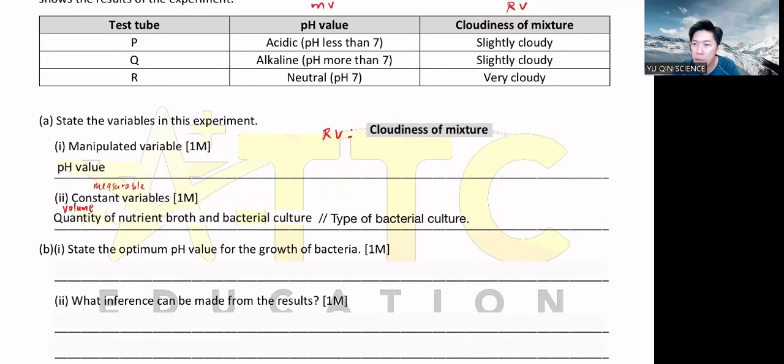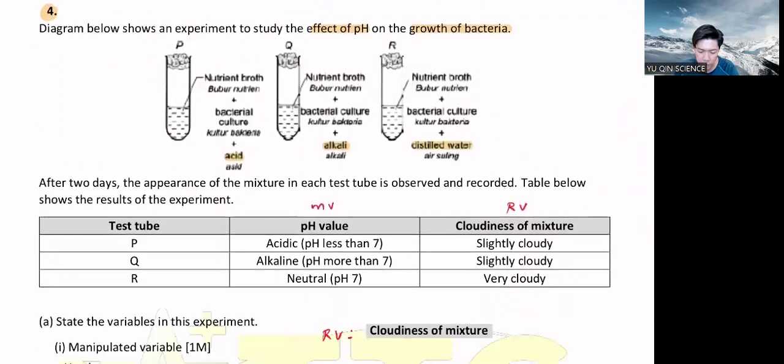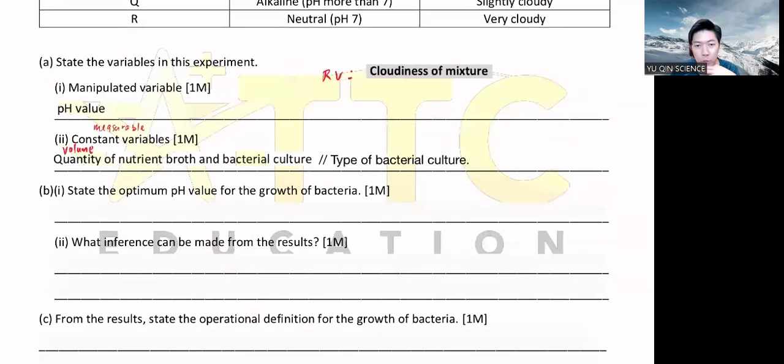Okay, good. Hi, teacher. Can the constant variable be surrounding temperature? It can, but if it's like that, that means a lot of other factors, so you have to include them. Since we're testing on pH value, your surrounding temperature has to be fair. Your humidity has to be fair. Your nutrients have to be fair. That means all the other factors have to be fair also. That's a lot to write lah.